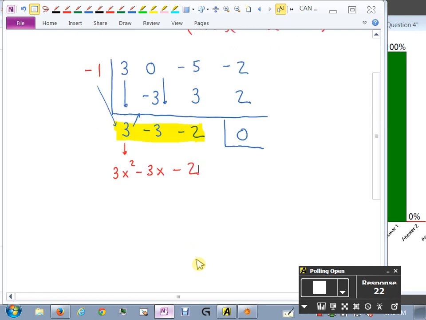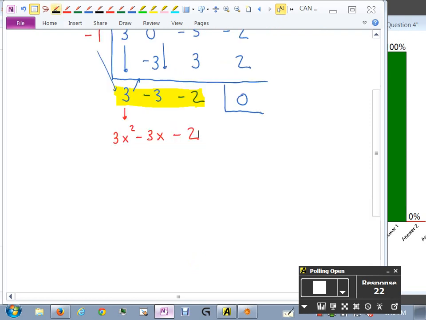So that's all I need. At this point, I am good to go. Let me show you why. The result is this. The original thing that I was trying to factor on top, which was 3x cubed minus 5x minus 2, was the original thing I was stuck on, right? I know right now for sure it factors to be x plus 1 times something, right? And I was thinking it would be two things. I actually can just write down